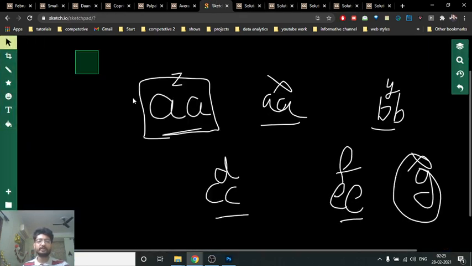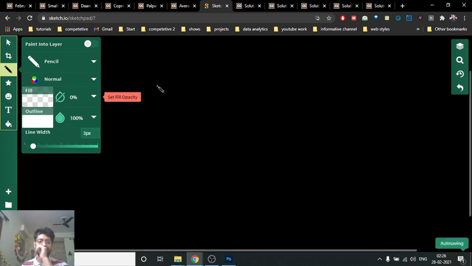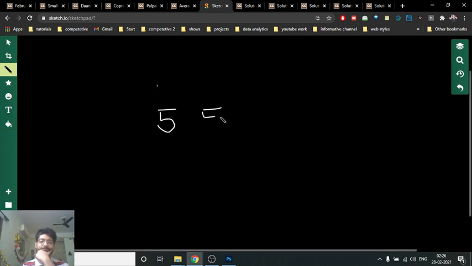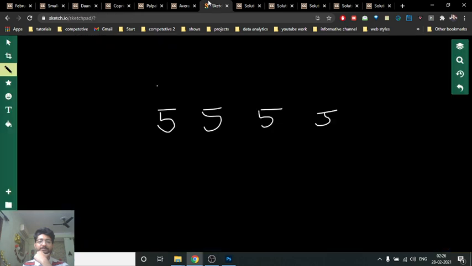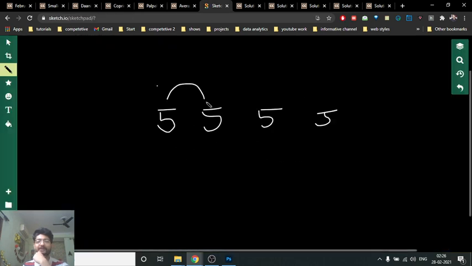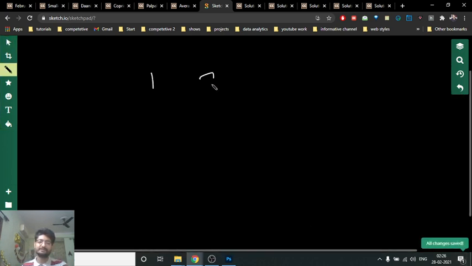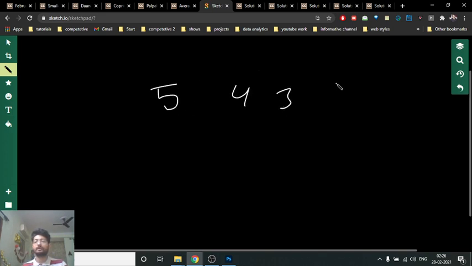Now what you can think in this problem is, let's assume that I have some array like 5 5 5. You can also see that from the test case which is given to you. If you take the average of any two, it turns out to be 5 only, so that will not become strictly increasing, which is fine. Now if I have some array which is decreasing, like 5 4 3 1.